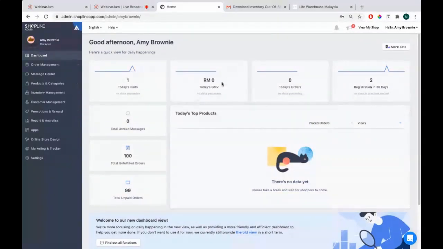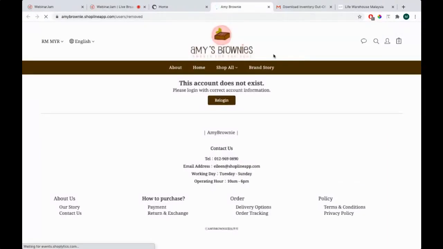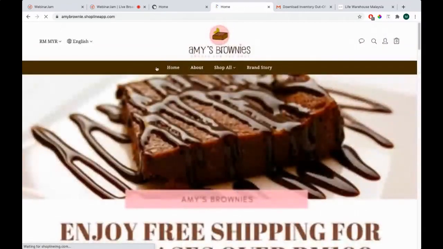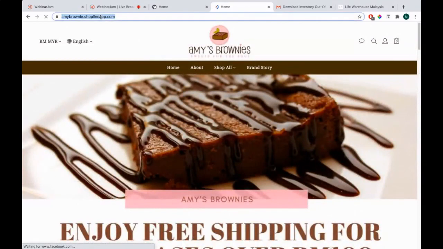Okay. Now, we'll be going into details of these. First, let's see how your website actually looks from a customer's point of view, which is very important as well. All you've got to do is click on this button here at the top right that says View My Shop. Now, left click on it. Once you do that, this will quickly open a separate page that shows you how your current website actually looks. Okay, and this is the official link of your website. In this example, it is this